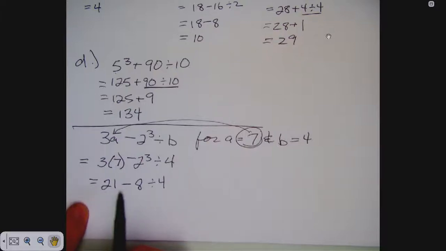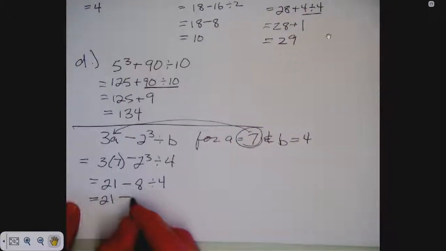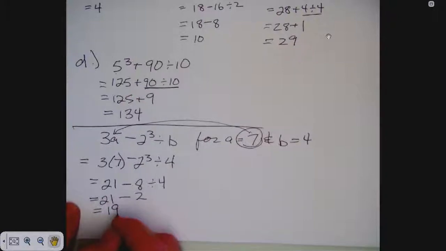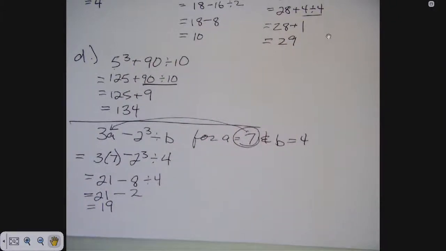Okay? Now I'm going to do my division. 8 divided by 4 is 2, so I get 21 minus 2, and so I get 19. So that's the idea with substitution or evaluating it, where I substitute in a number that I'm given